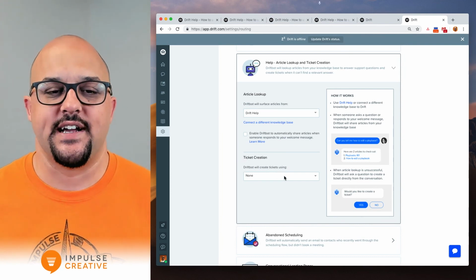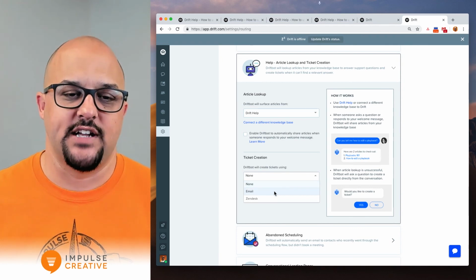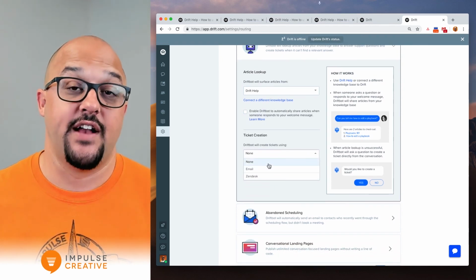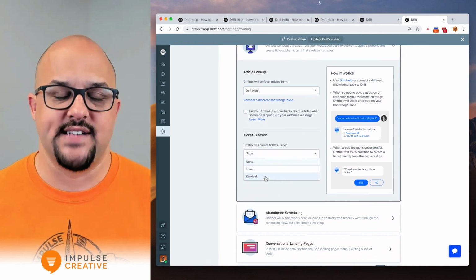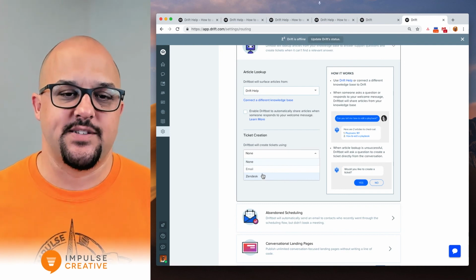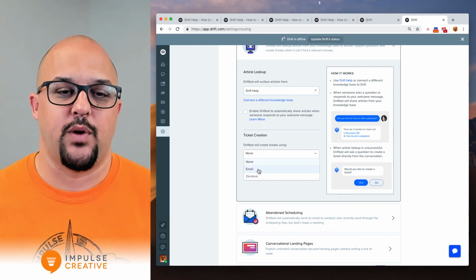So Driftbot will create tickets using none, right? So essentially you've got three options. You've got none, you've got email, and you've got Zendesk. So if you want these tickets to be passed through, what you're going to want to do is set this